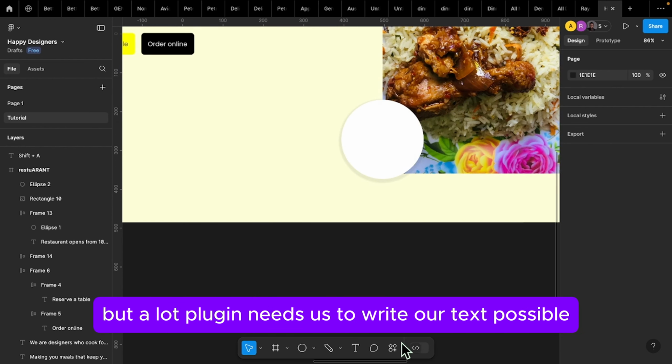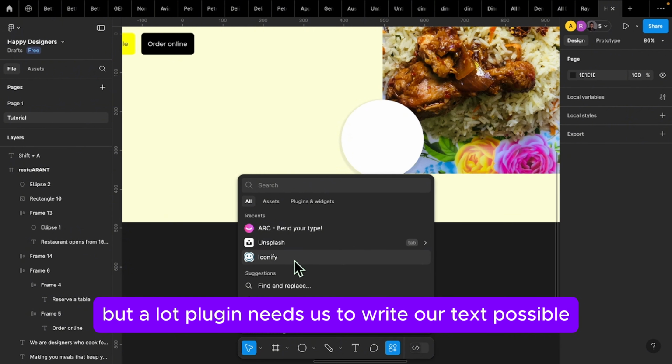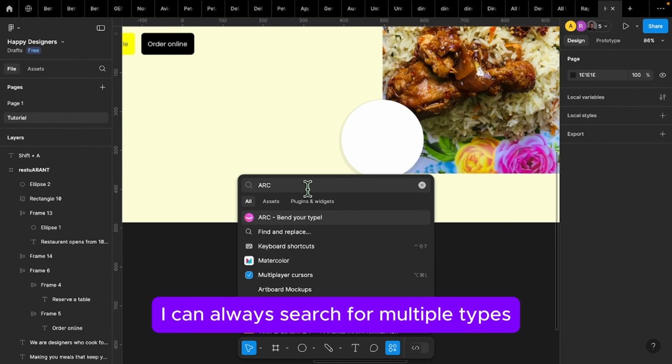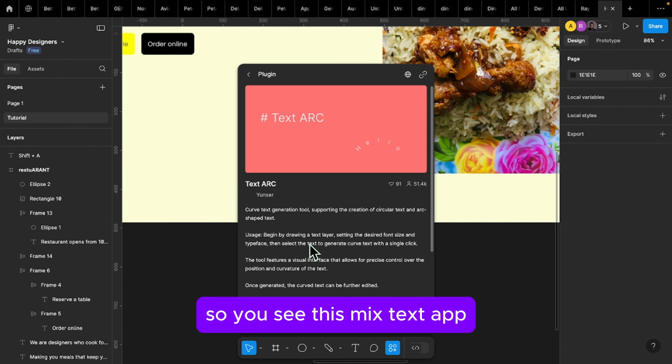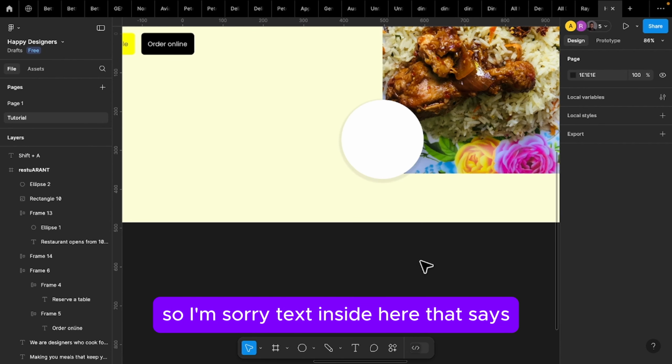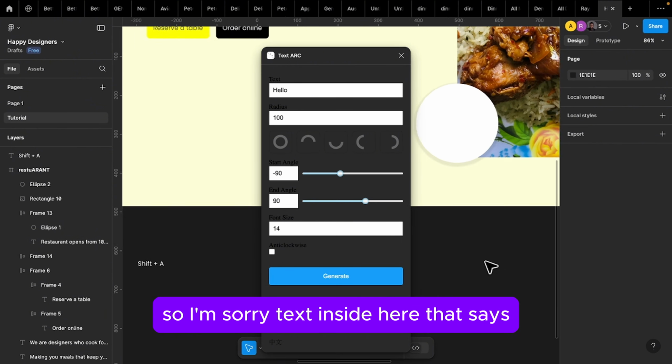Okay, this particular Arc plugin needs us to write our text first of all. I can always search for multiple types. You can always play around with Arc, text Arc. So you see this, it makes the text Arc. So I want to have a text inside here that says